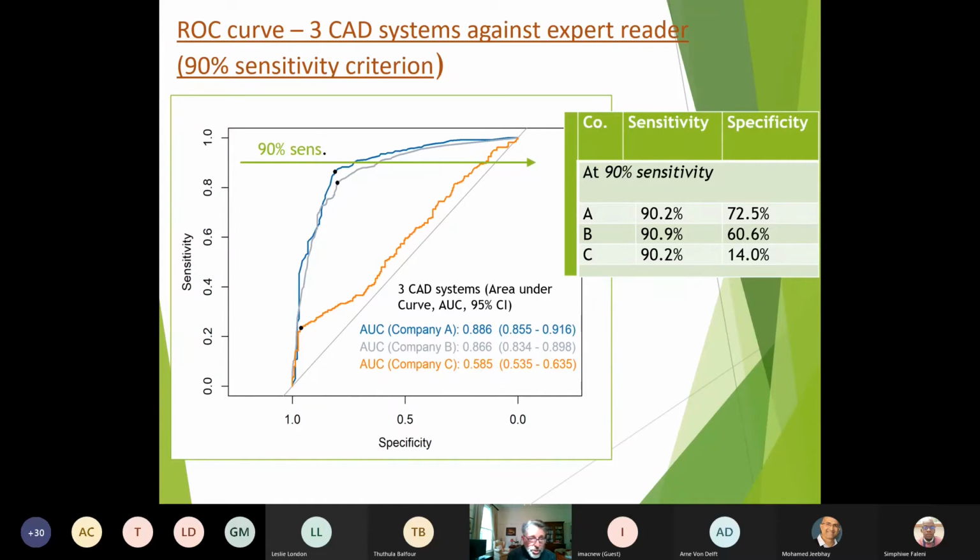So now we're down to the point on the curve at which we can identify the pair, really, of sensitivity and specificity that meets the criterion. In this case, sensitivity at 90%, more or less approximate. And you can see what happens to the 3 curves. If you set at 90%, curve A, that's vendor A, was able to achieve the WHO target. B fell somewhat below, although at 60% specificity, further development might allow for improvement, and the 3rd fell out of contention altogether.